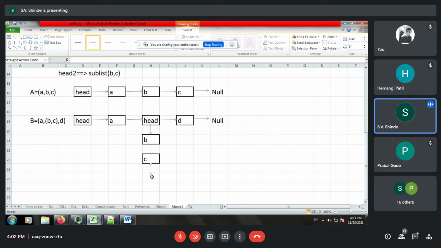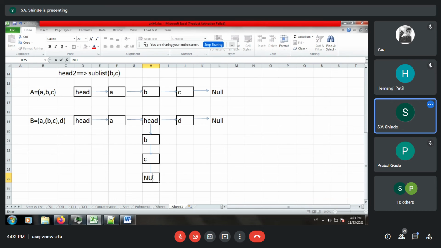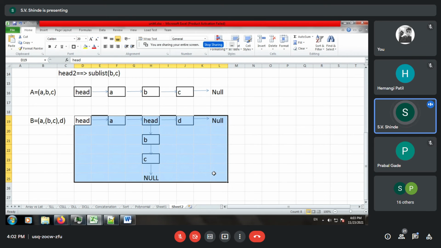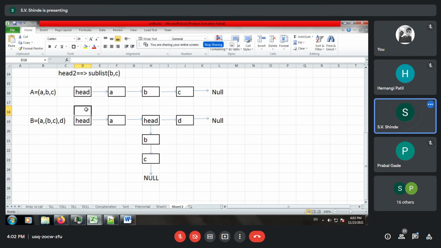Now again the same rule, the linked list is always terminated by the null, and the second linked list which is representing the linked list labeled B is termed as generalized linked list. Yes, participants, able to understand the basic concept of how to draw a generalized linked list? Yes, participants, any questions?